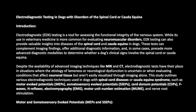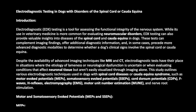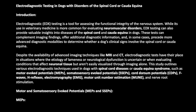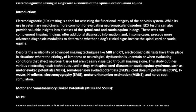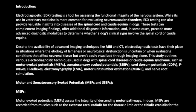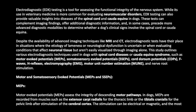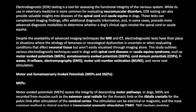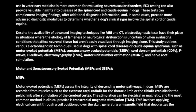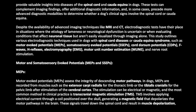These tests can complement imaging findings, offer additional diagnostic information, and, in some cases, precede more advanced diagnostic modalities to determine whether a dog's clinical signs involve the spinal cord or cauda equina. Despite the availability of advanced imaging techniques like MRI and CT, electrodiagnostic tests have their place in situations where the etiology of lameness or neurological dysfunction is uncertain, or when evaluating conditions that affect neuronal tissue but aren't easily visualized through imaging alone. This study outlines various electrodiagnostic techniques used in dogs with spinal cord diseases or cauda equina syndrome,